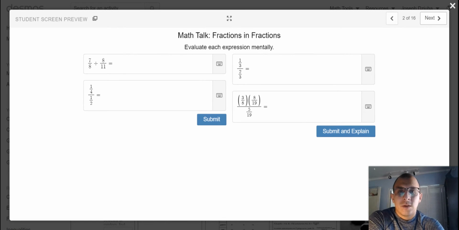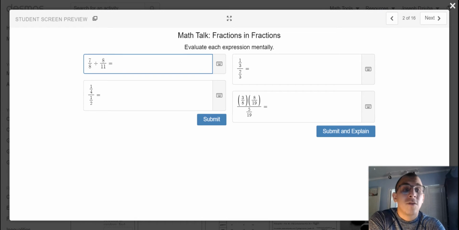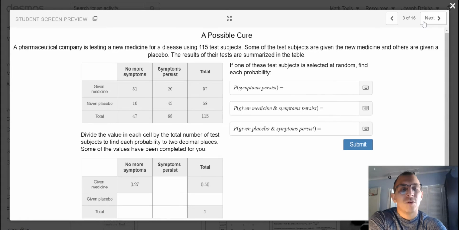All right, so to begin, we're going to be evaluating some mathematical expressions mentally. Try to manipulate these and determine what your final output is in fraction form. Yes, I know that we could use calculators here. However, with probabilities typically being expressed in ratio format, it is important that we have the ability to manipulate fractions